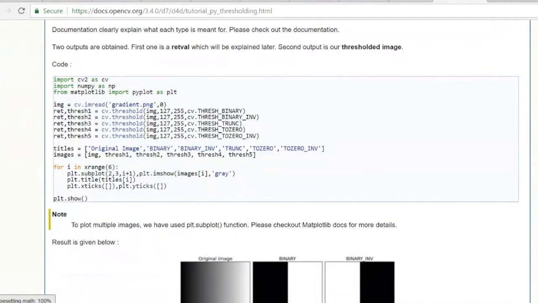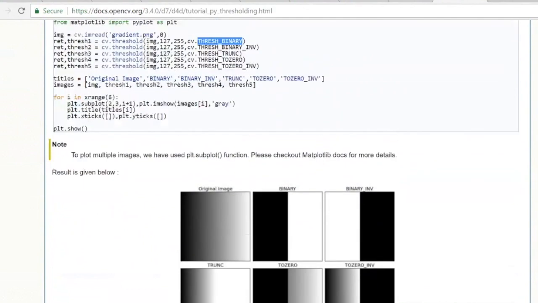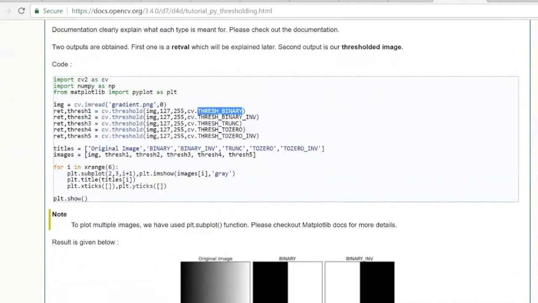And over here, as we see, you could have these 4 or 5 ways of doing it. So you could have threshold binary and all these other ways. Again, I want to make sure that this is Python. Yes, it is Python. You could have all these different variations of the binary thresholds. Try those things out and you would see different results based on the algorithms that they are using.